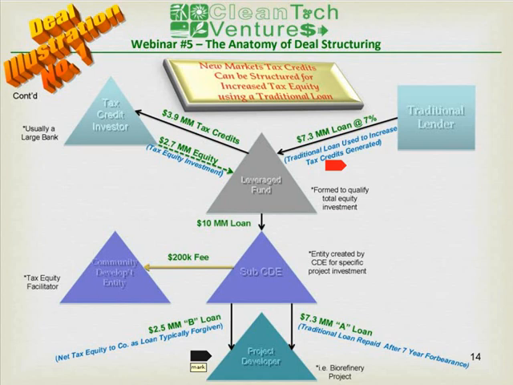The first one is at the bottom, the project developer, and that would naturally be your company. To the left, you have the CDE, which I was just describing, which is the deal facilitator that has an allocation of federal tax credits and is looking for deals to put those into. The next is the traditional lender. But let me make a note that that's the most common, is to have a traditional lender actually make a senior secured loan as part of the transaction. But there's also tremendous variety on this option as well.